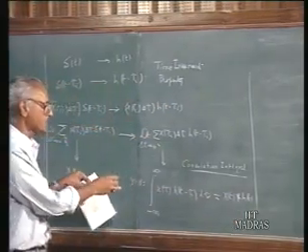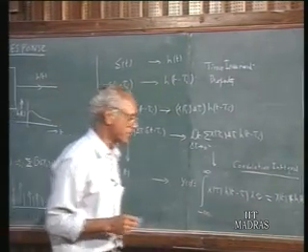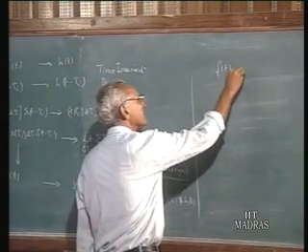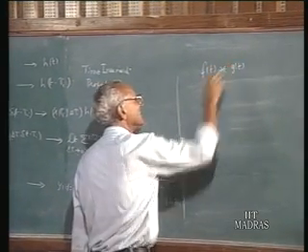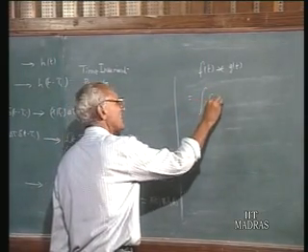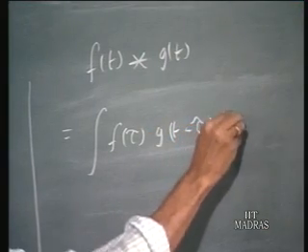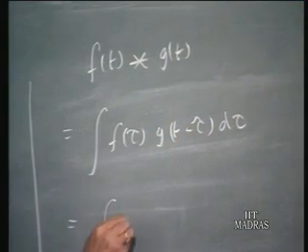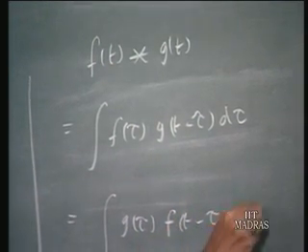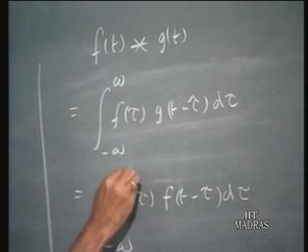We will come back to the impulse response and the calculation of y of t, but let us spend a few minutes on the meaning of the convolution integral. The convolution of f of t and g of t, represented in this manner, is the integral of f of tau g of t minus tau d tau. This is a symmetrical arrangement. We can also write this as g tau f of t minus tau d tau. As I said, normally the integration is from minus infinity to plus infinity.